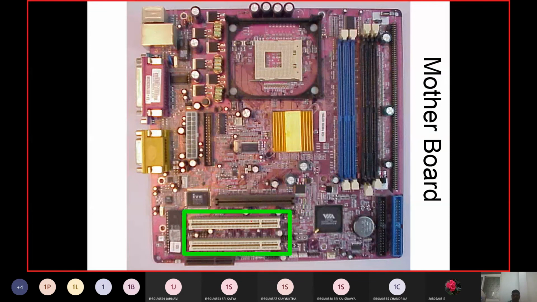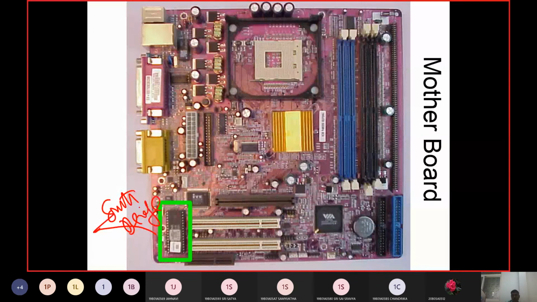And then we are going to have the peripheral component interface for linking up the peripherals, and then this item we are going to call the south bridge. With the south bridge, you can connect all the input output ports.